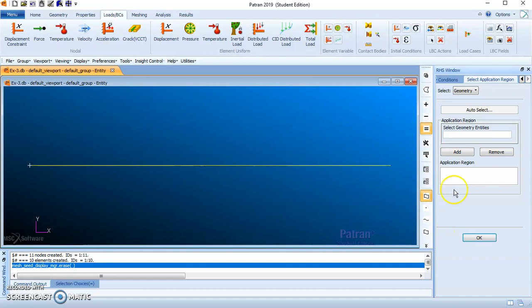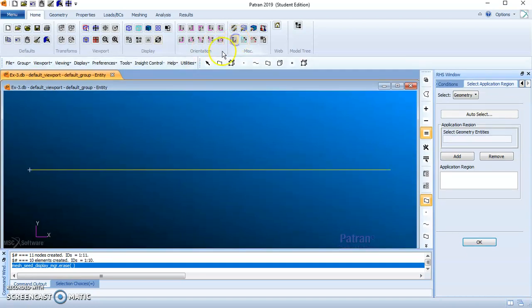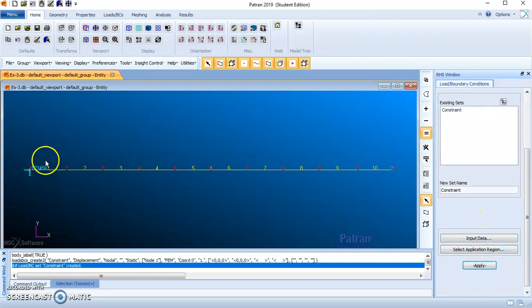Select application region. Before that I should see the nodes here. So in the home button, click label. Click this arrow mark, all labels. Now here FEM. Select node 1. Add. OK. Apply. See, I should observe 1, 2, 3, 4, 5, 6. All 6 degrees of freedom are restricted.